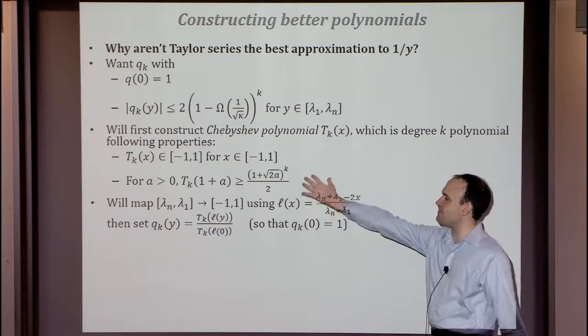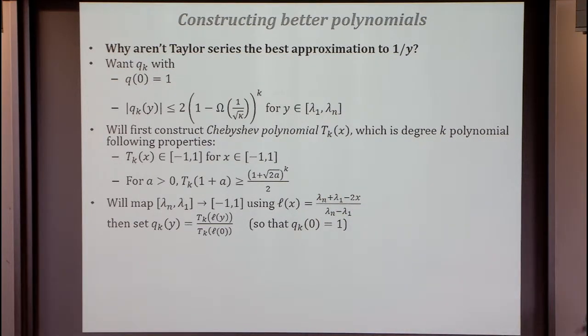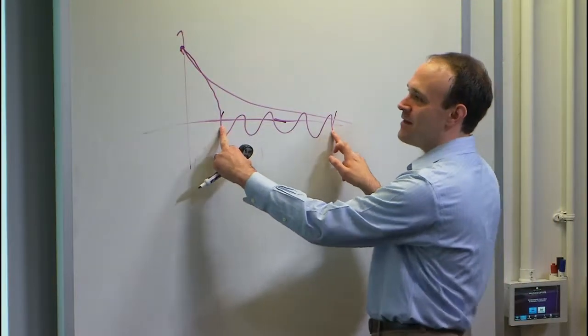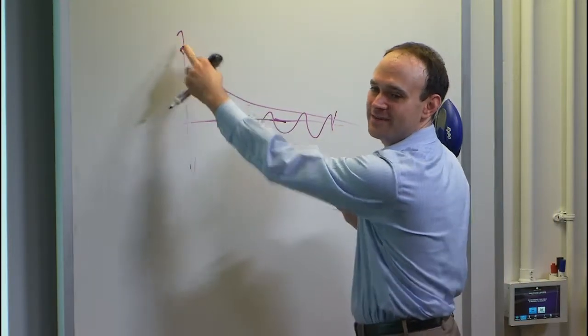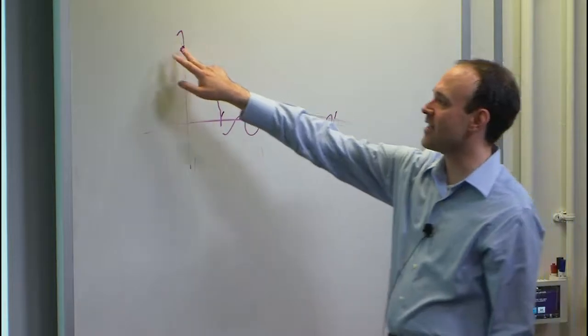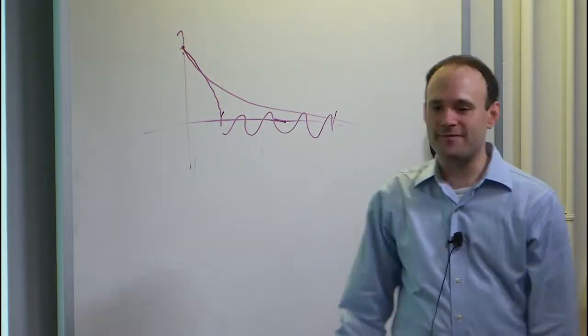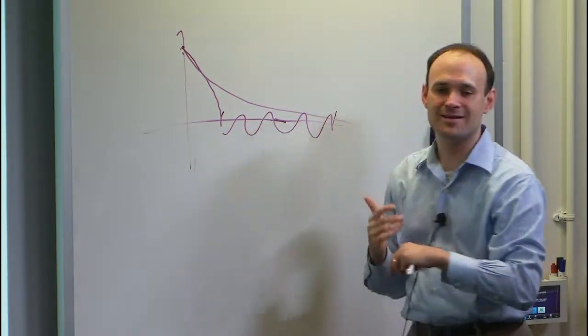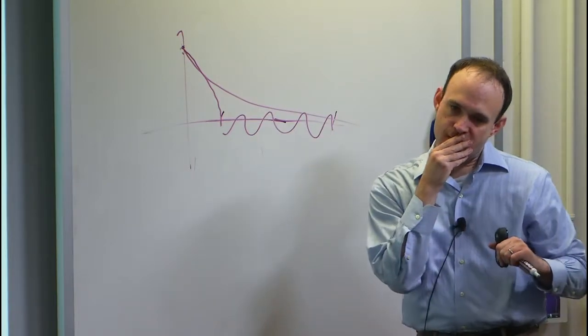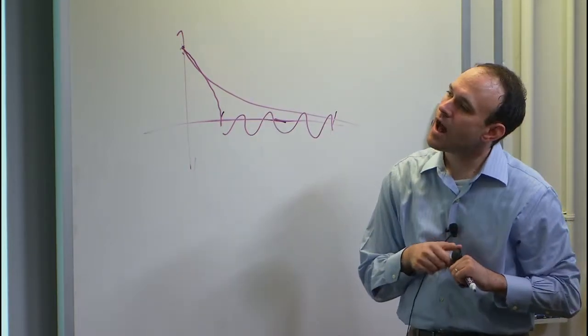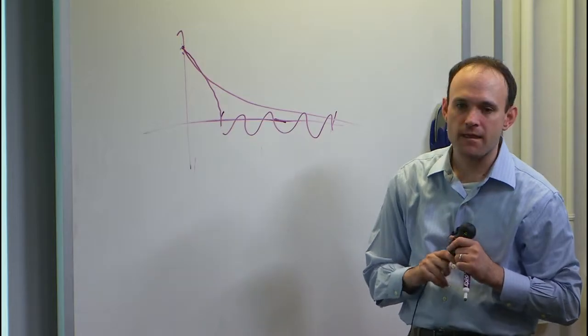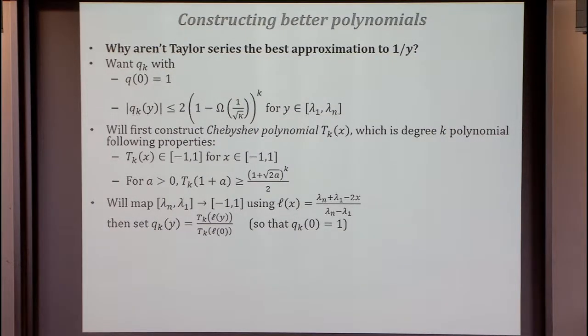Once I have these, all we're going to do is shuffle things around to make the -1 to 1 become this, and make the off to infinity become this. So we're going to try to make the value at 0 be very big, and the value in our interval be very small. In order to make sense here, I have to say something about the leading coefficient. This is very easy to do. You have to normalize them somehow. They're optimal in L infinity for normalized leading coefficient.